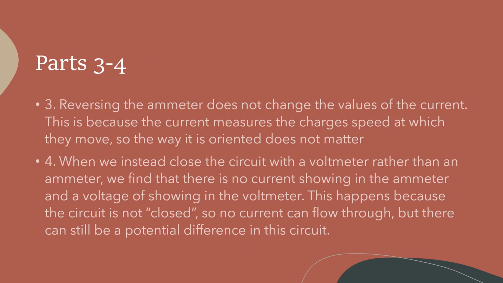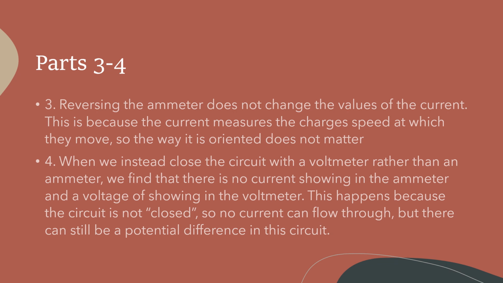Parts 3 and 4. 3. Reversing the ammeter does not change the values of the current. This is because the current measures the charge's speed at which they move, so the way it is oriented does not matter. 4. When we instead close the circuit with a voltmeter rather than an ammeter,